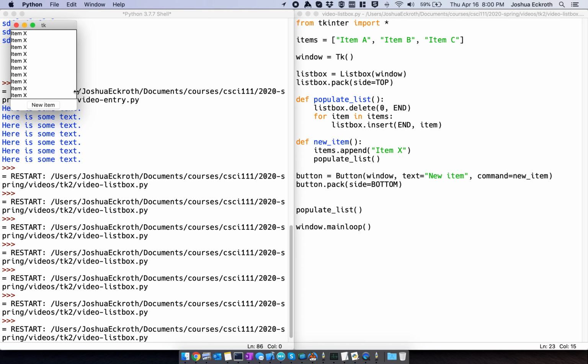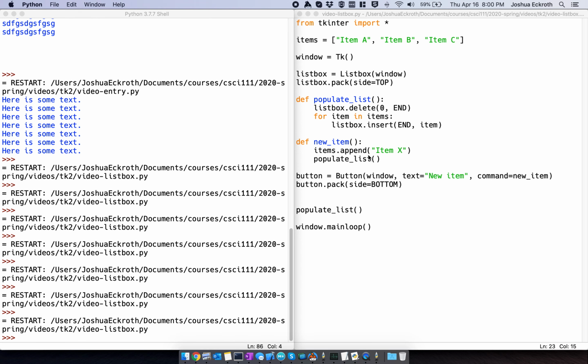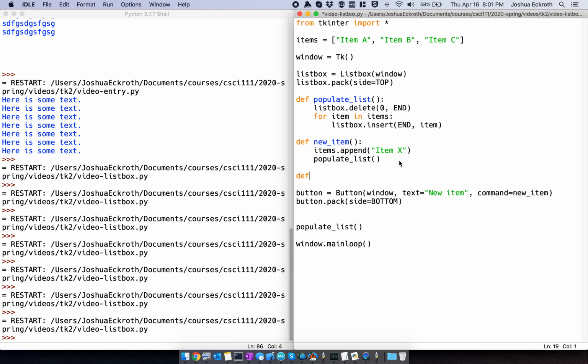And you can scroll. There's no scroll bar, but there's a way to get a scroll bar, but we can just ignore that. So that's how you add items. This is actually how you delete items, but the question is how you delete a specific item, like after you select it. So to show that,